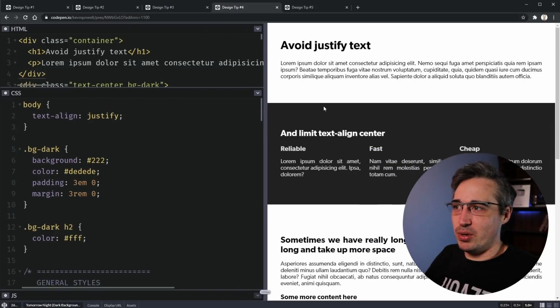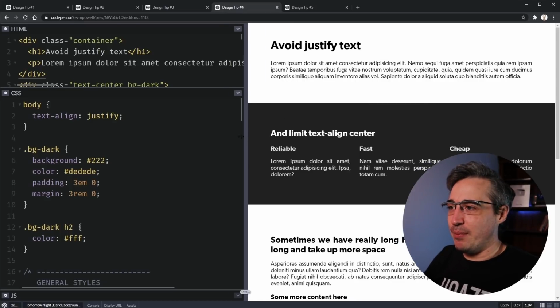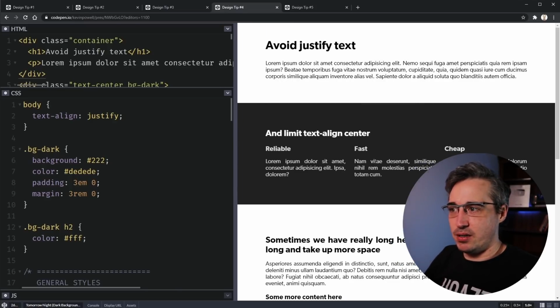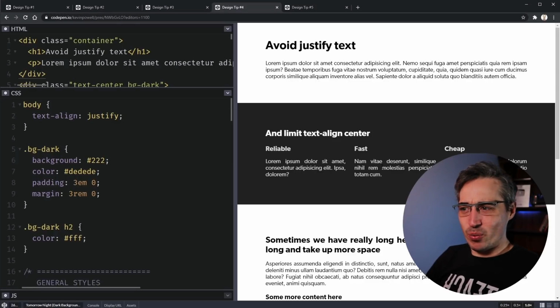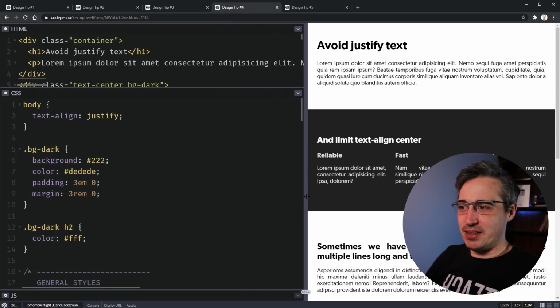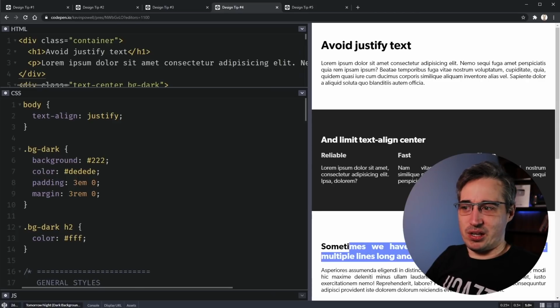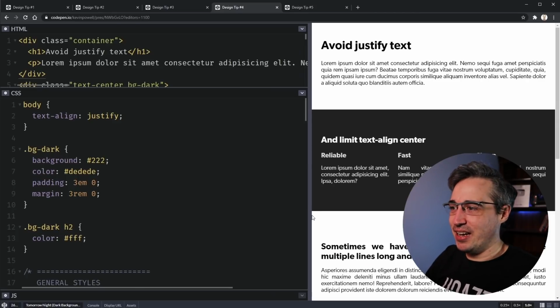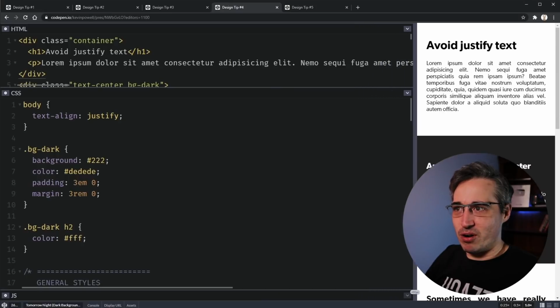But the reason we don't want to do it is if you have really long lines of text, it's not usually the end of the world, but we already saw long lines of text aren't the best thing in the world. And you can already see it in these columns that I have here where the spacing looks a little bit weird, right? And as I make this narrower, even this heading is looking really weird because it's a justified heading. And the narrower I make this, the more things fall apart.